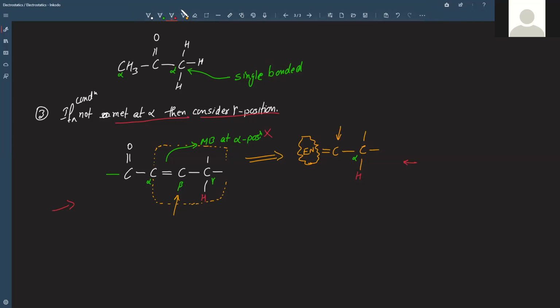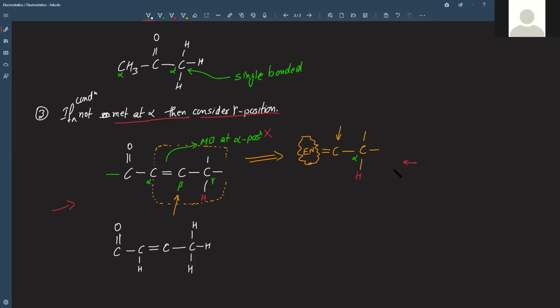So what actually happens is, we are just considering gamma hydrogen for this. And if we have to understand the flow of electrons, let's draw this structure once again. This is C double bond O with carbon. This was alpha carbon having a hydrogen, right? And then it was having a double bond with carbon. This is beta carbon, and then that beta carbon was connected with a carbon, that is gamma carbon, and there must be a hydrogen here as well.